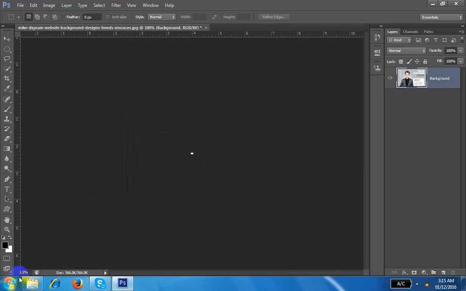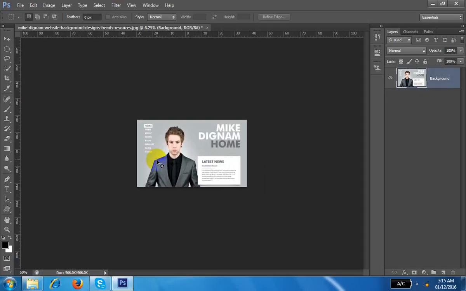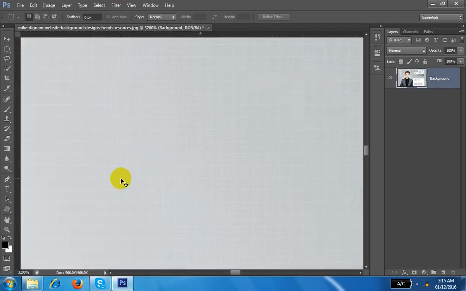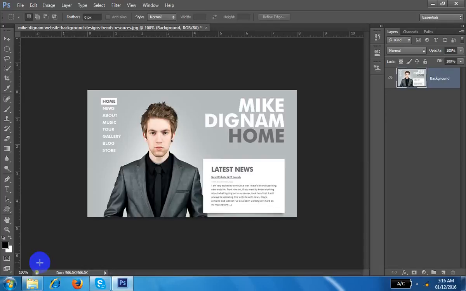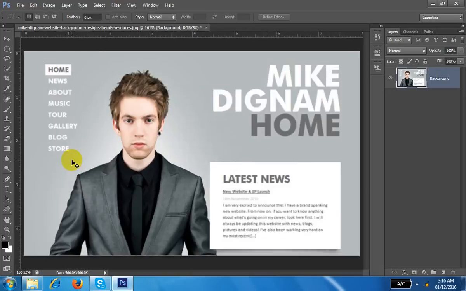Everybody knows Control minus is zoom out. This is the zoom window. Minimum zoom is 0.6%. Okay? And what is the highest? Control plus, 3200% zoom. Okay, so this is called zoom percent. Suppose I can go there, write 100%, enter, it will go to 100%. Okay, suppose again Control minus, Control 0, fit to window. So Control 0 you should remember every time, that is called fit to window.